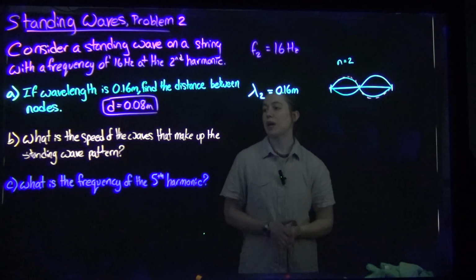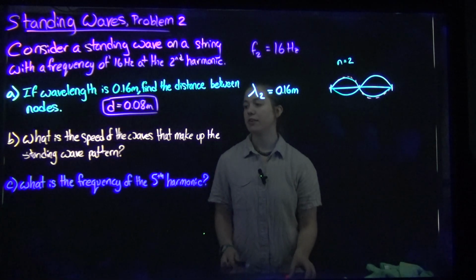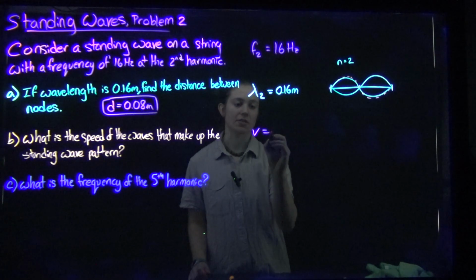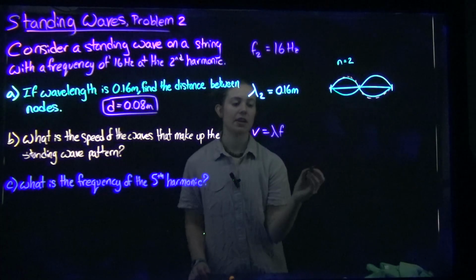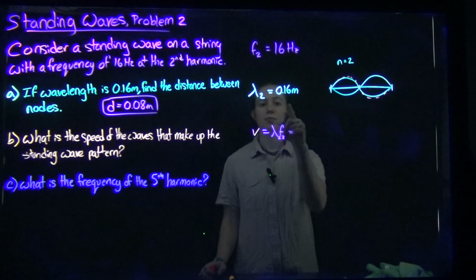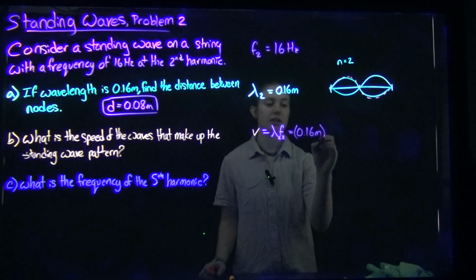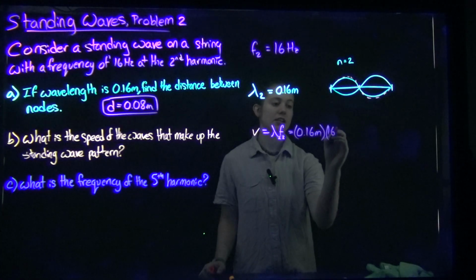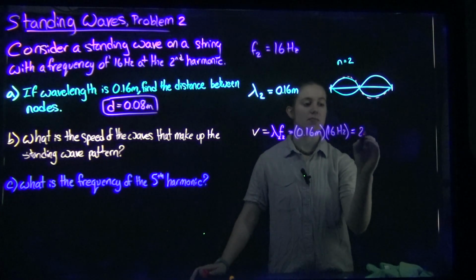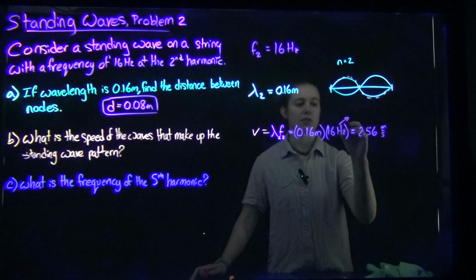In part B, we're asked to find the speed of the waves that make up this standing wave pattern. So V is equal to lambda F, and we're at the second harmonic, and now we're just going to plug in our numbers. We have 0.16 meters for our lambda, and we have 16 Hertz for our frequency, and that ends up being 2.56 meters per second. Remember, Hertz is just